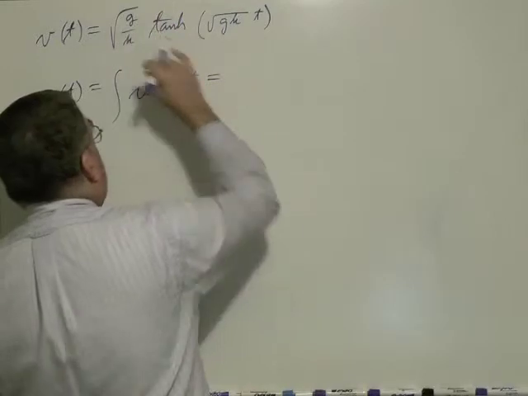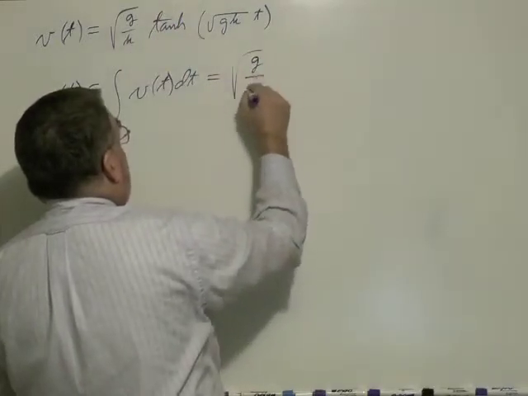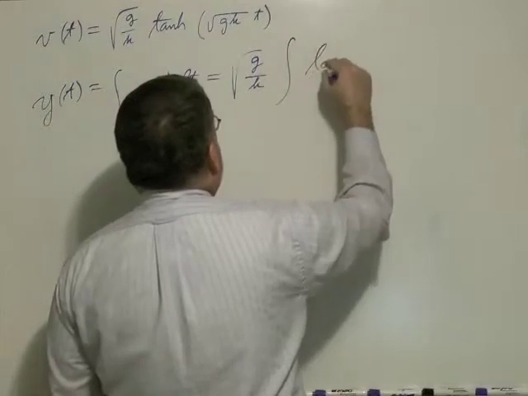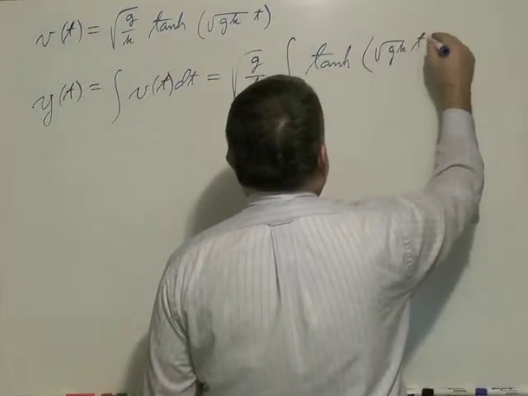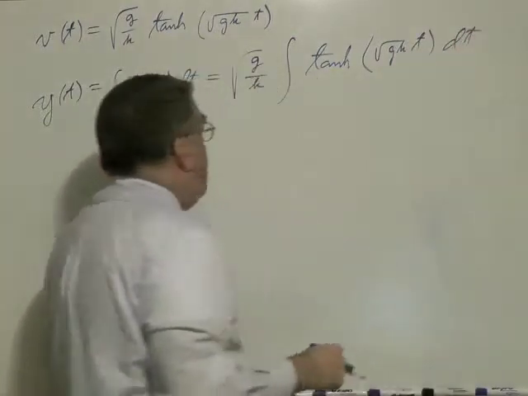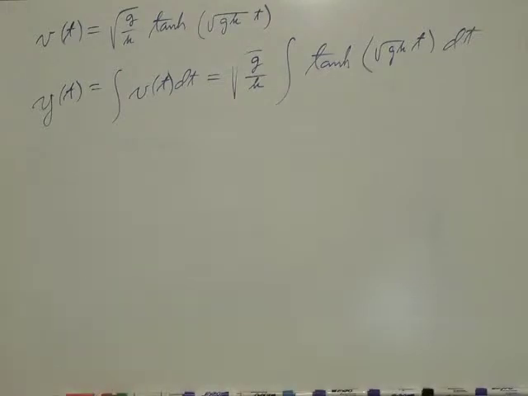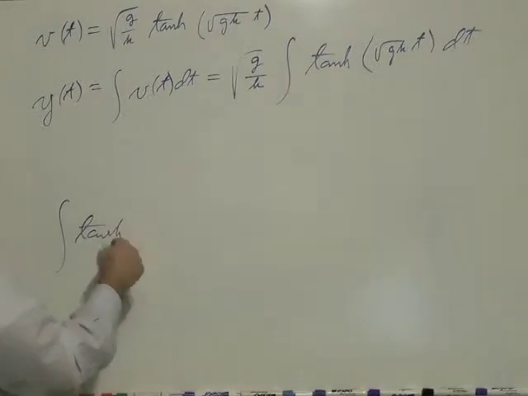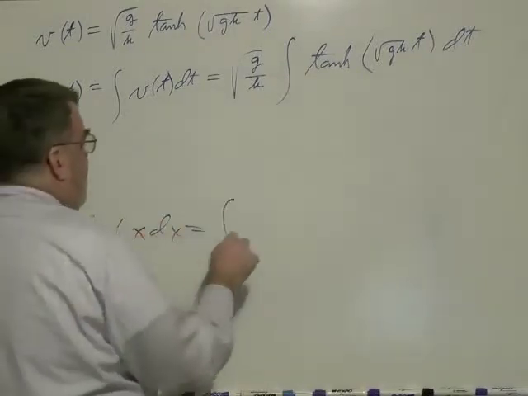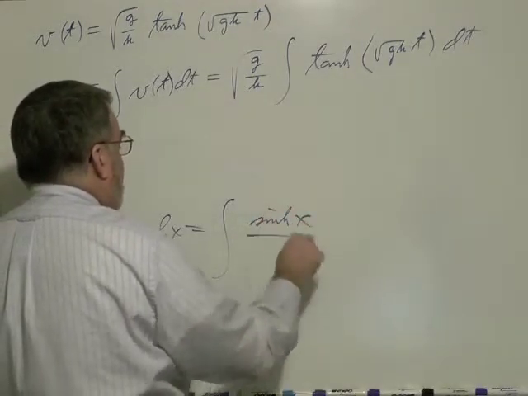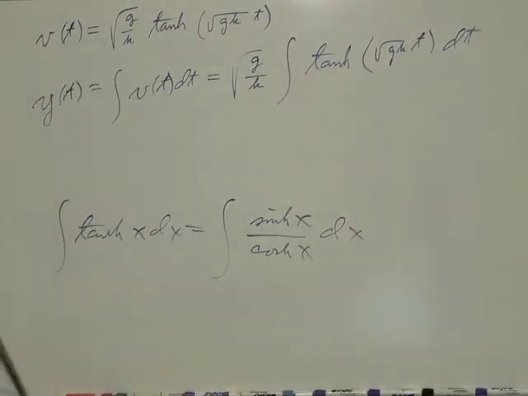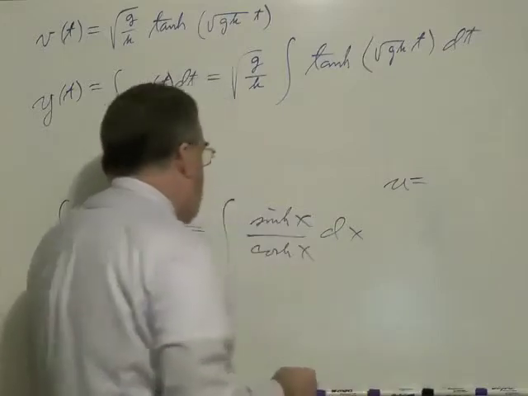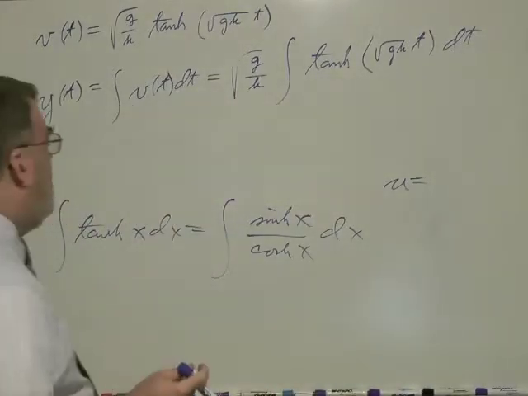And when I integrate, I'm going to factor out my constant. So I have the constant square root of g over k, and then integrate tanh of square root of gk times t dt. And what's the integral of tanh? Well, the integral of tanh, and you can look it up. Let me just do tanh of x dx. That's the integral of sinh over cosh dx. And if I did a little substitution here, let u be equal to cosh of x,